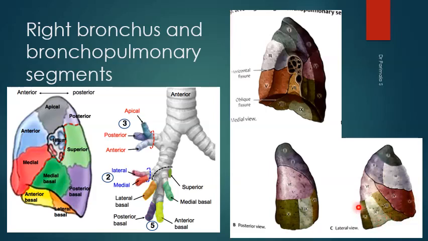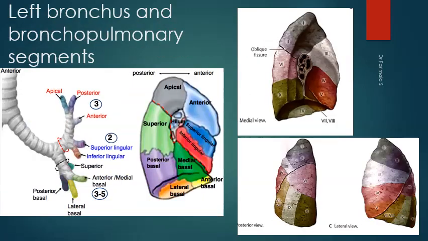And the lower lobe has the apical, this one is the apical, sixth one, right? And the seventh one, we can see, is named the medial basal. Eighth one is the anterior basal, and this is the medial basal. Ninth one is the lateral basal, and 10th one is the posterior basal, right? So these are the 10 bronchopulmonary segments on the right side.